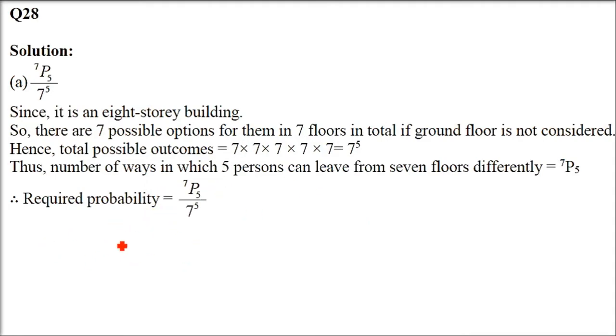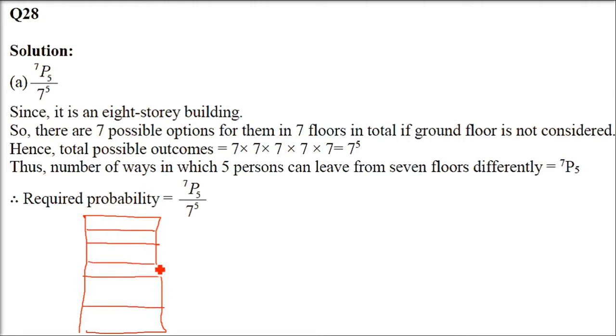First of all, these are 8 floors. Let us make the building first. These are 8 floors. Nobody will need the lift for the ground floor. So we assume that this building has 8 floors, inclusive of the ground floor. So we are only left with 7 floors. How many possible outcomes are there? First we have to find out the total number of cases. Ground floor we are not addressing. We are just talking about floors 1 to 7.